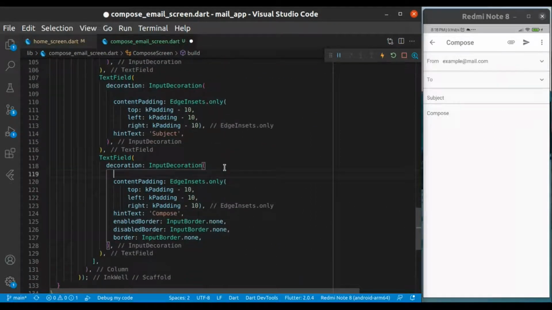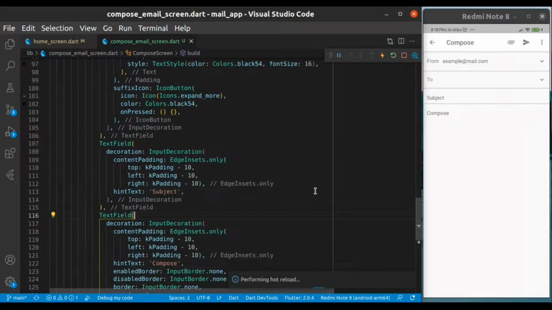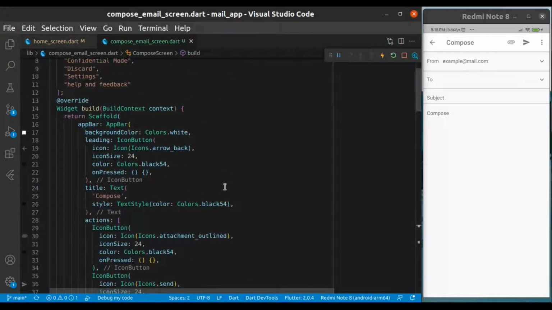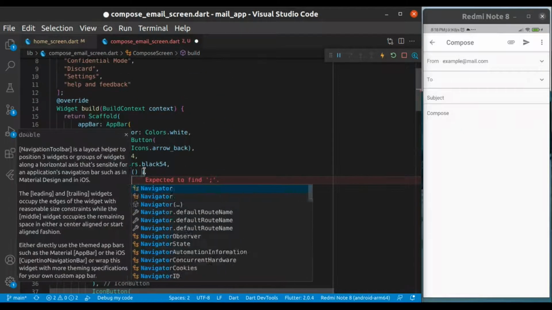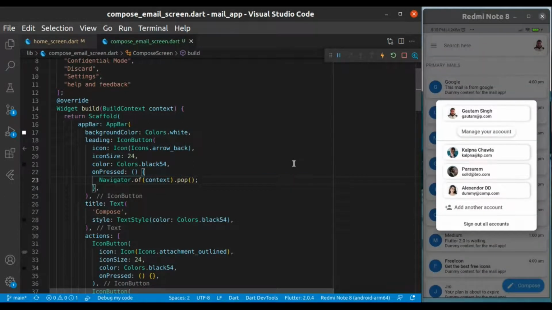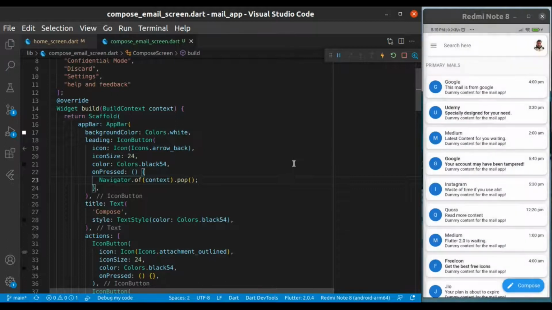It will give you hands-on coding experience. Yes. Now just provide the Navigator.pop property, which will help us pop the screen off. Yes. Now the account setting is also done.